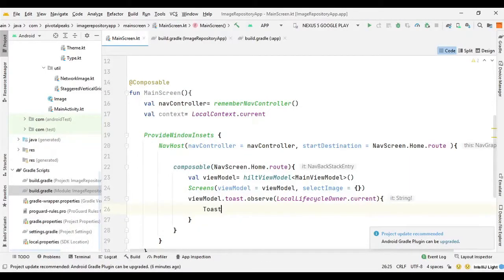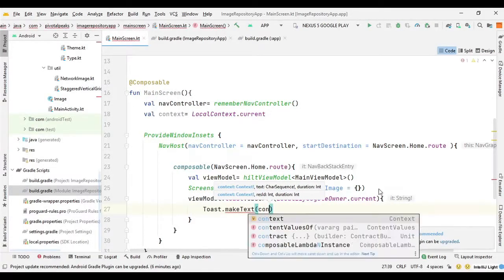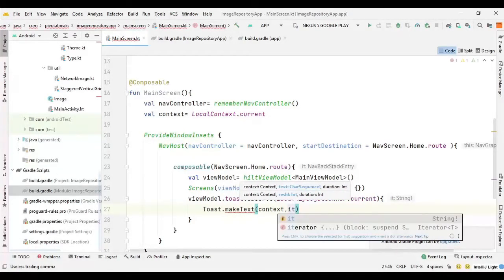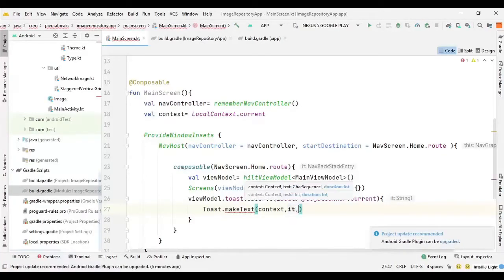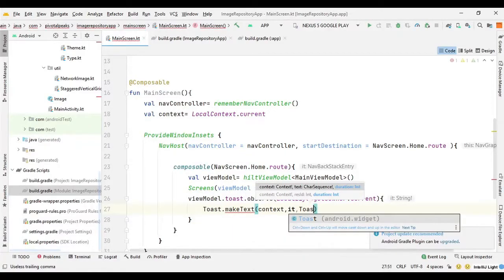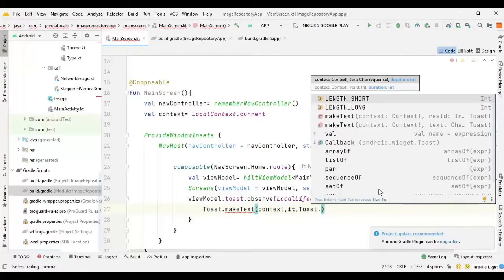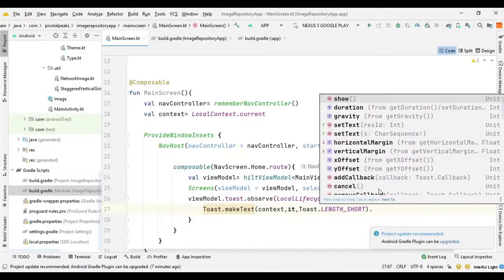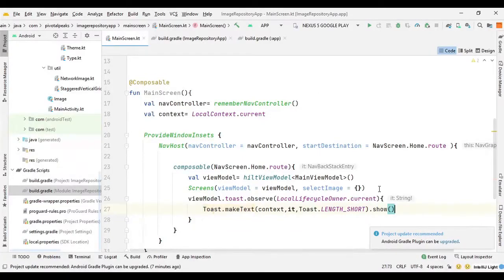So we can say Toast.makeText, and here we need to provide the context. So we can pass the context here, then the message. So the message can simply be it, and then we need to pass the length of the duration for the toast. So we can say Toast.LENGTH_SHORT, and then we can finally call the show function. So .show